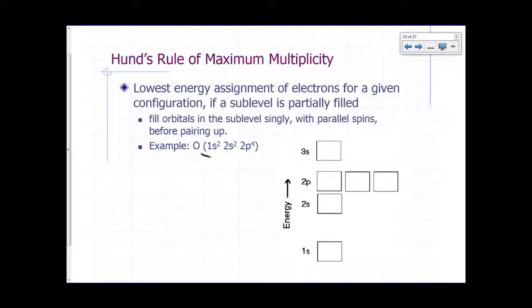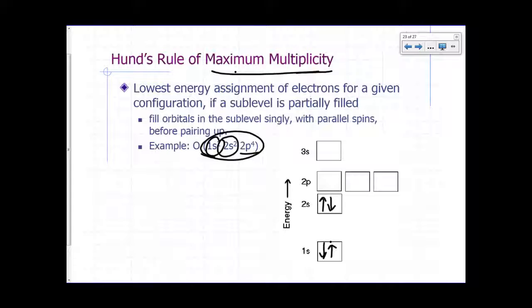So in the case of oxygen, the ground state is 1s2, 2s2, 2p4. You have a pair in the 1s, one spin up, one spin down. By the way, there's nothing wrong with drawing it spin down first and then spin up, as long as you don't violate Pauli's principle. But the convention is to just start with spin up and then go spin down. It doesn't really matter. Then for the 2s orbital, you can go one spin up, one spin down. That's 2 electrons. And the p4, according to Hund's rule, to get the maximum multiplicity,